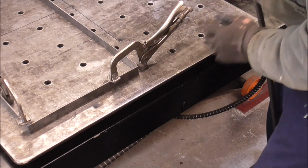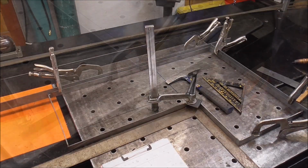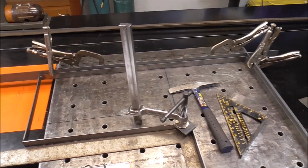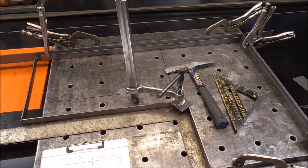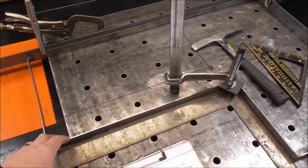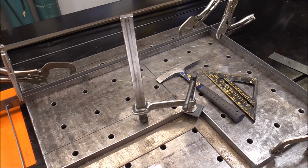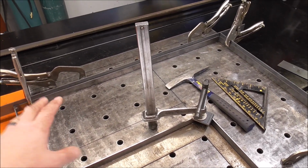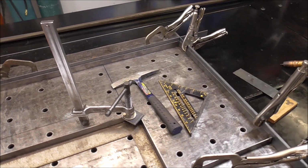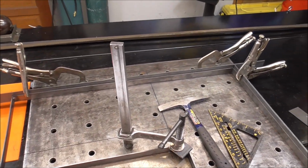Alright, this is the last tack for the frame, then we can start filling it in. I figured this would be a great time to show you how I'm going to keep everything straight and consistent and all at 90 degrees, because as you can see, this material is kind of flimsy, this frame, until we actually start getting it welded up with the slats. But we don't want to put the slats on it if the frame's out of square. So we've got to keep the frame square, and this being flat bar on edge makes it a little more